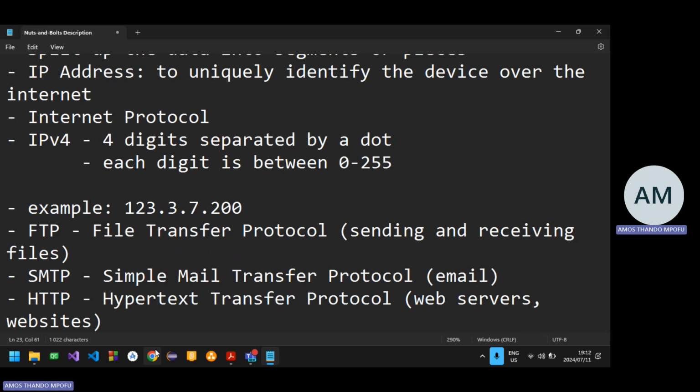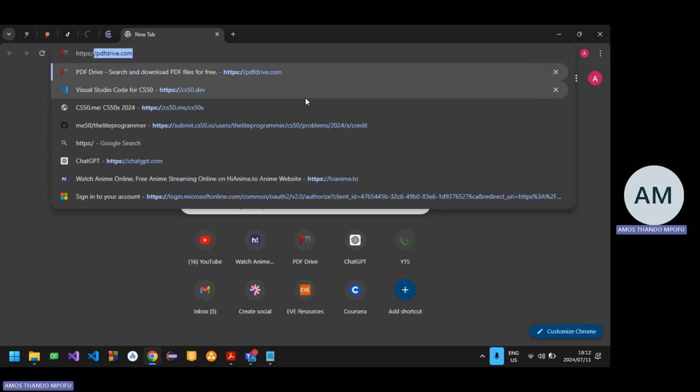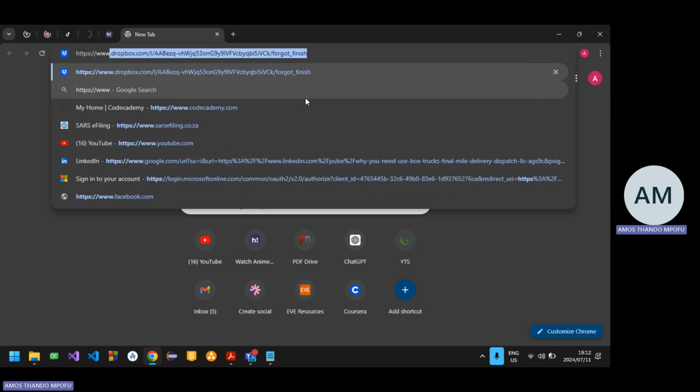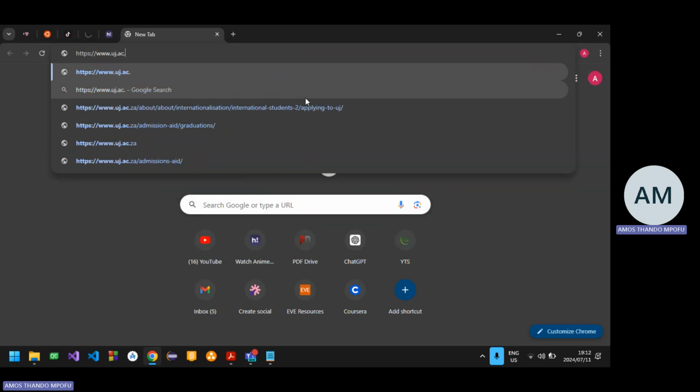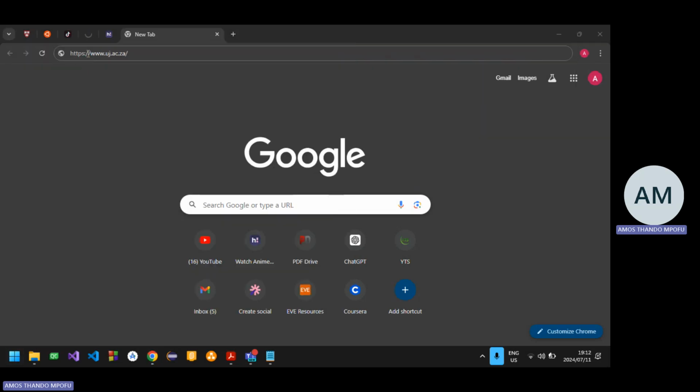So let me show you a simple HTTP example. Let's say HTTPS and www.uj.ac.za. As you can see, I'm using a protocol, HTTP. This is HTTPS, the S standing for secure, meaning security is added to that protocol. It's still HTTP. I could just use HTTP, which is the unsecure one, but it's still the same thing. So I'm using HTTP and telling the computer over the internet, listen here, access this web page